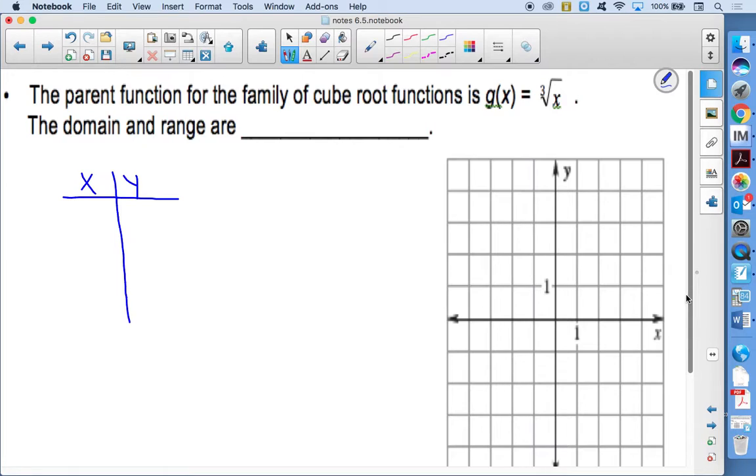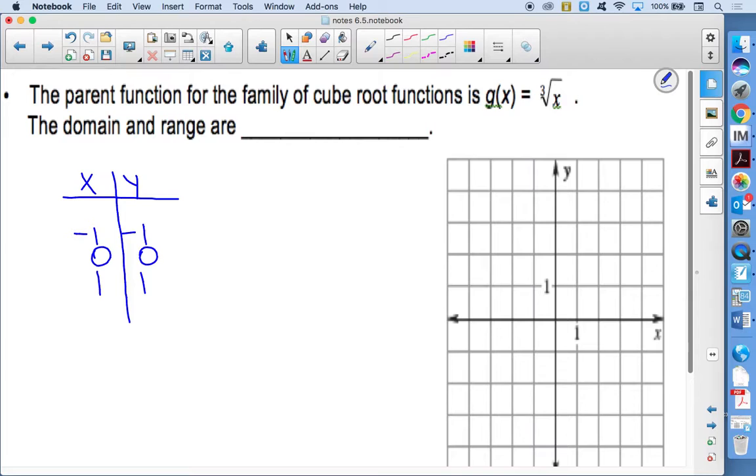All right, so how about some good numbers to plug into the cube root? 0, 1, 8. So 0 would be a good number. Oh, we're doing negative. You could also do -1. You could do a 1 and a negative 1. So the cube root of 0 is 0. The cube root of 1 is 1. The cube root of negative 1 is negative 1. So you can take cube roots of negative numbers because negative 1 times negative 1 times negative 1